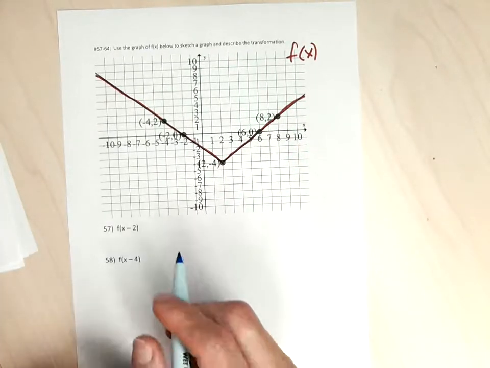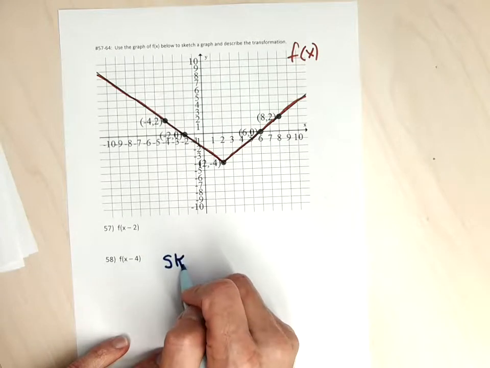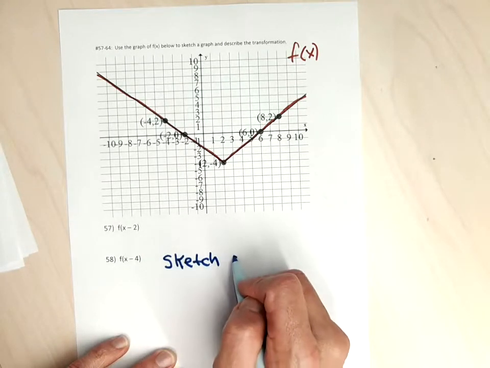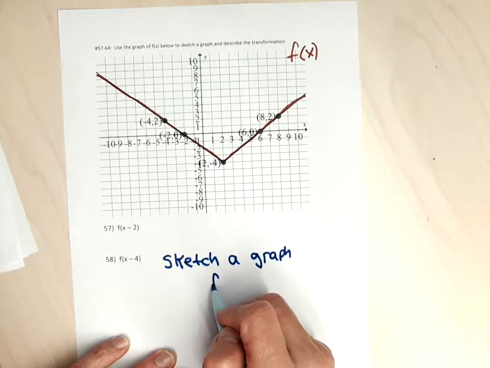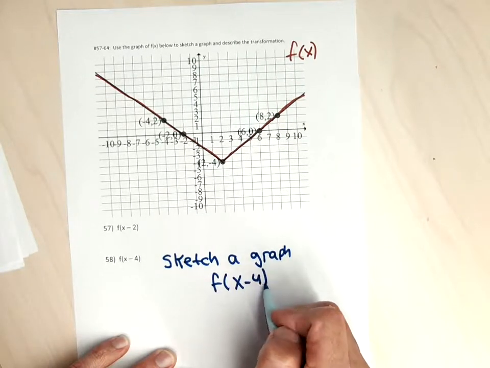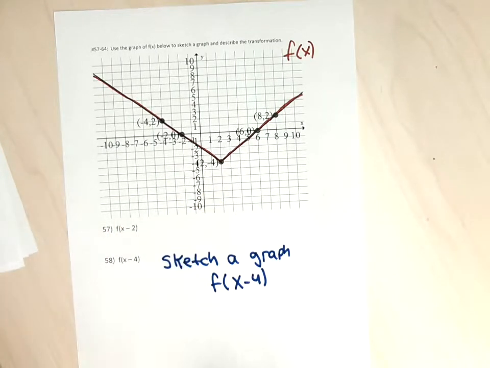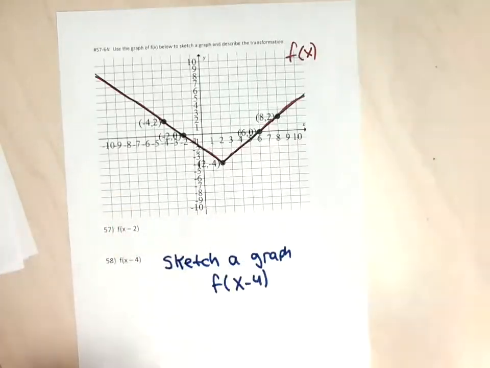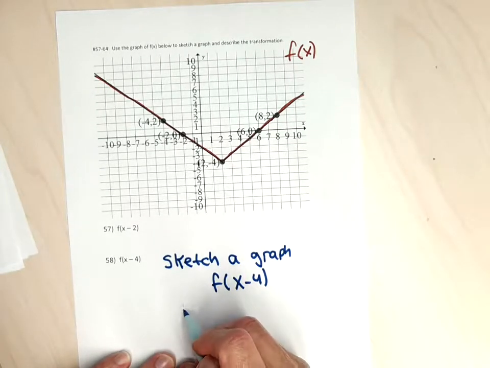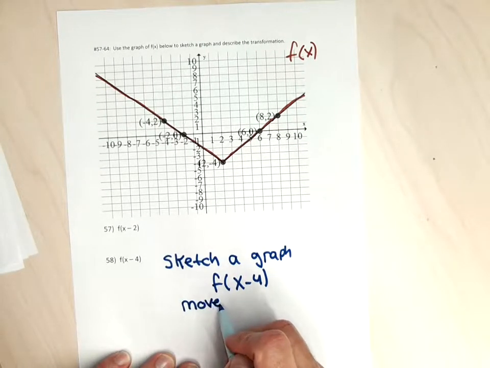Question 58 wants me to sketch a graph. I don't need to know the equation. I need to sketch a graph of f of x minus 4. I'm not going to find it because I don't know what this equation is, but I do know how the graph's going to relate, because minuses inside of parentheses are going to move a graph to the right. As a matter of fact, all I'm going to do is move each point